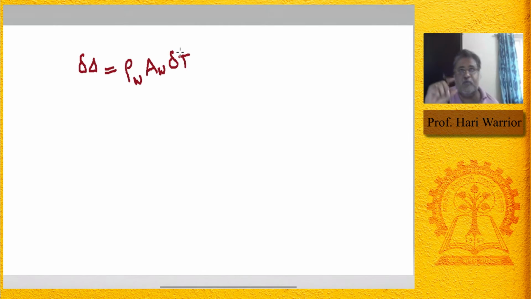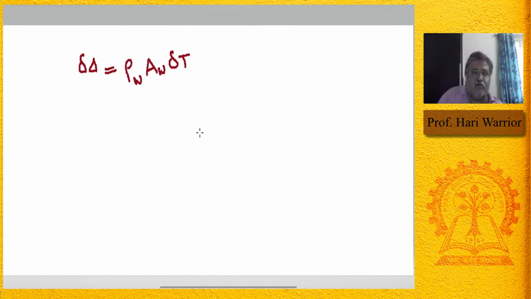of that point. Let's assume that delta t is the distance by which the draft increased. When I put a weight on the ship, delta t is the distance by which the draft increased, and let us assume delta t is very small, so that the water plane area in the top region and bottom region of that delta t is fairly same. Therefore, the water plane area is AW. So water plane area into delta t will give you delta V, the volume, and multiplied by the density of water will give you the weight of the body added. It is equal to the weight of the body added.